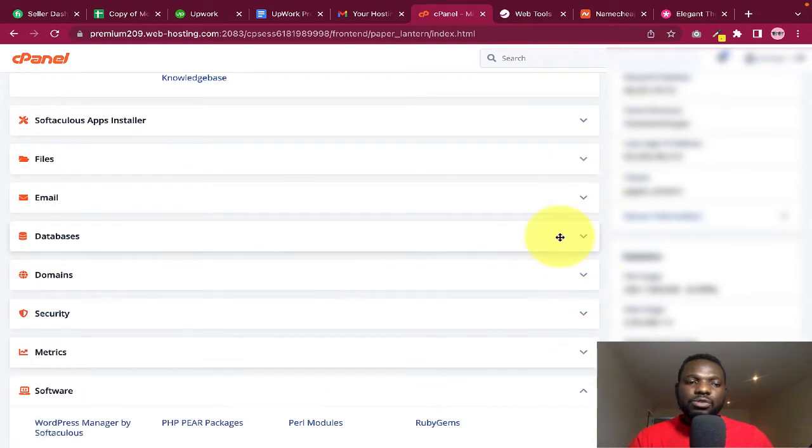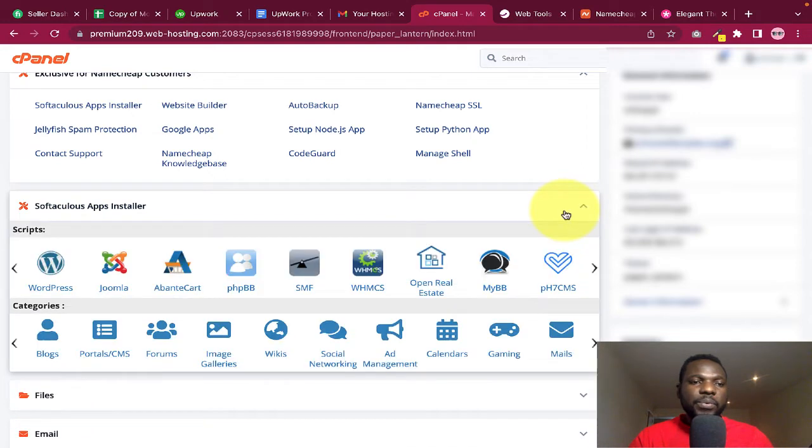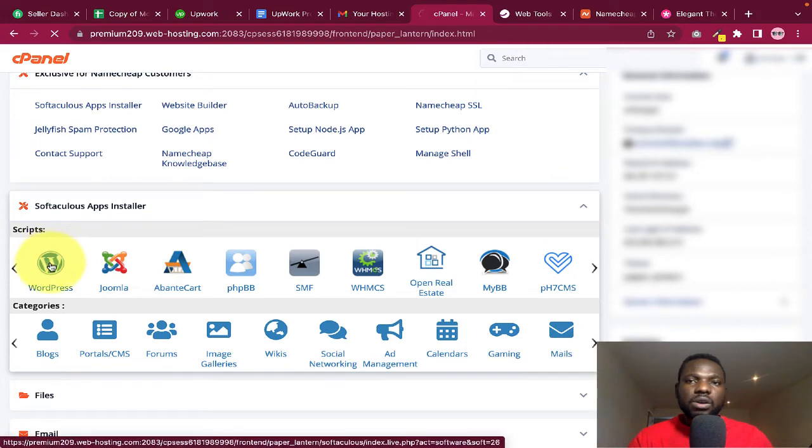So they might be like this. But at the same time, all you need to do is search for Softaculous Apps Installer, scroll down, then open it. When you open it, go to WordPress. If you click on this WordPress,